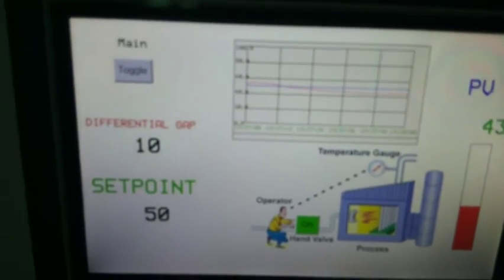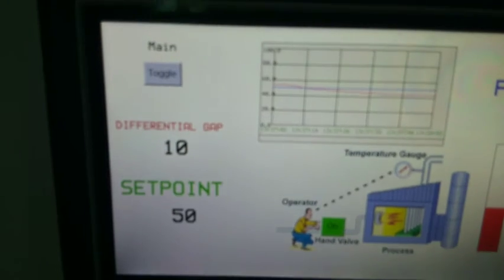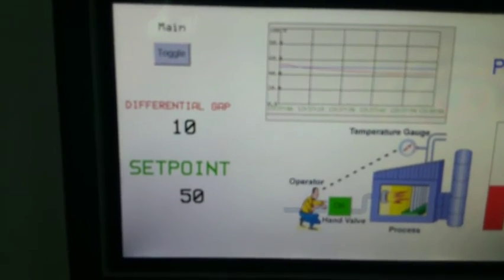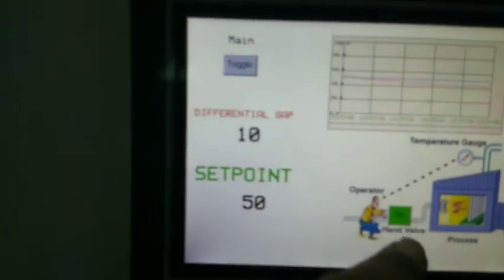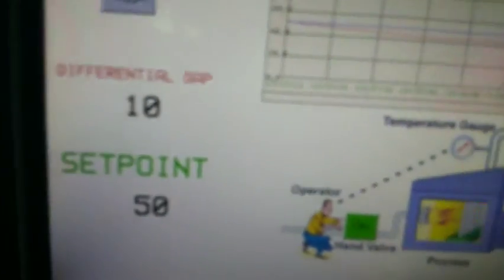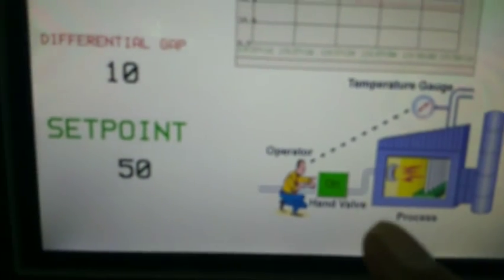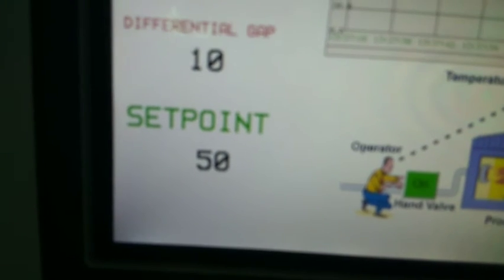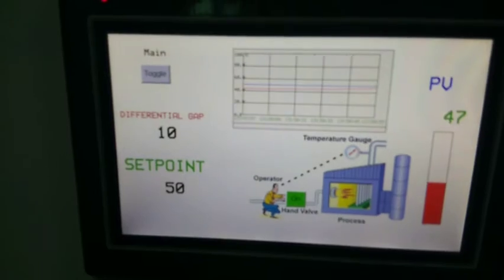Now it is showing the real time temperature. The heater status is on, so it is showing blue green.